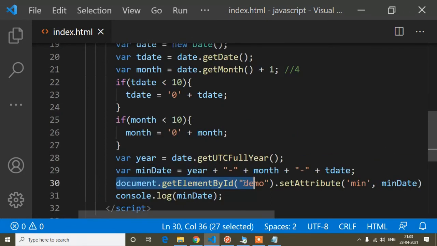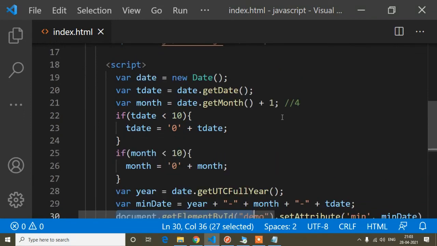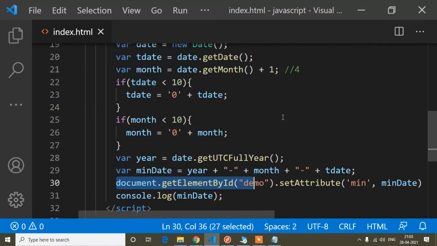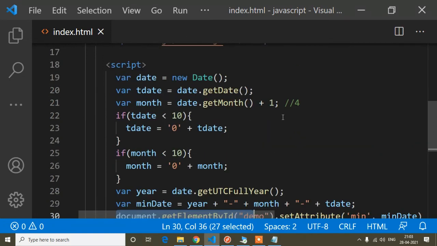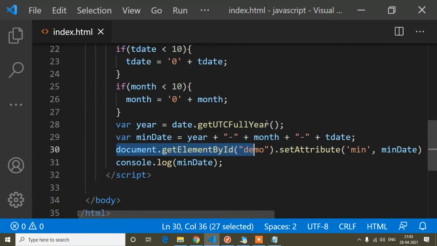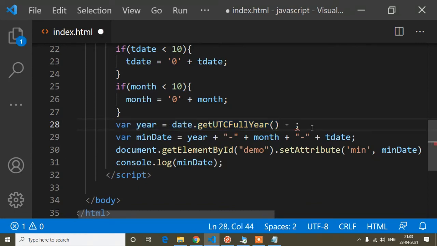Suppose you want to restrict the date up to last year, I mean anyone can choose up to 2020. So here in this getFullYear it's returning the current year. So you can write -1, because it's returning the current year 2021.